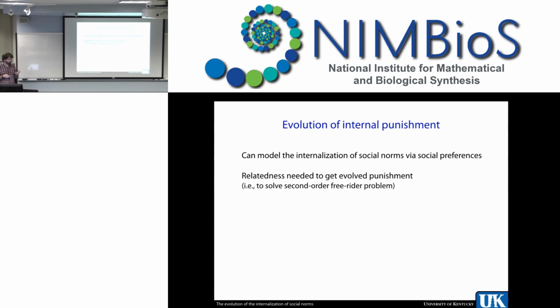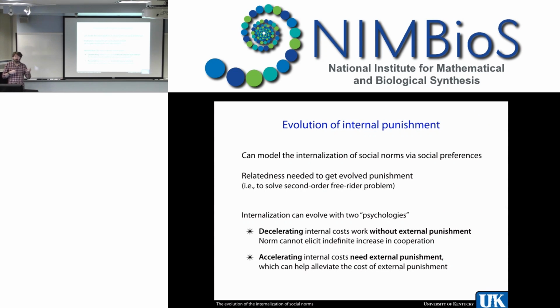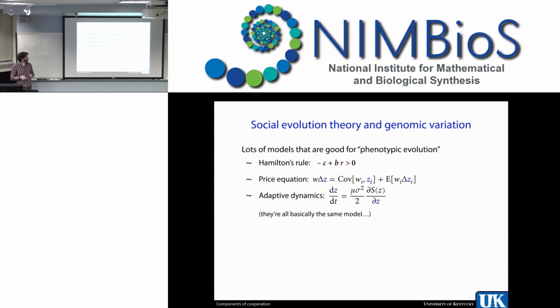So the upshot is we can model these norms as social preferences, once we solve this free rider problem. There's a larger story about how costly punishment is like cooperation, so it needs a little bit of something to get it going. Once you have that something, like relatedness, you can get not just external but internal punishment evolving as well, and it tends to be decelerating. This internal punishment can evolve with decelerating internal costs. The accelerating one can evolve, but the only way it really can is if there's some other punishment institution externally that's also incentivizing individuals to contribute to the public good. I'm about at time, so I'll skip the second part,